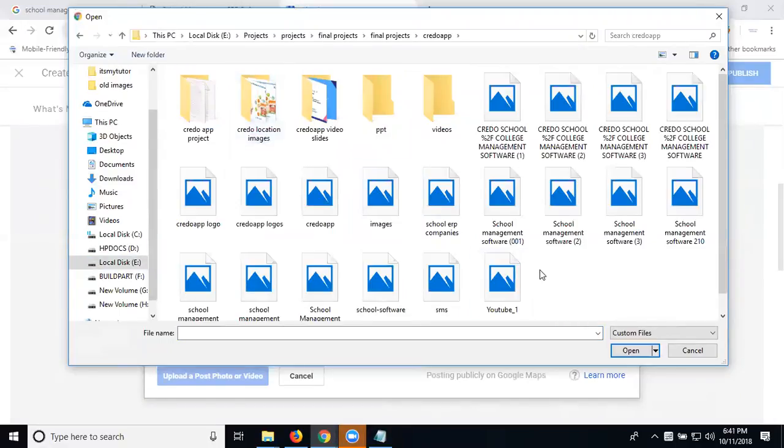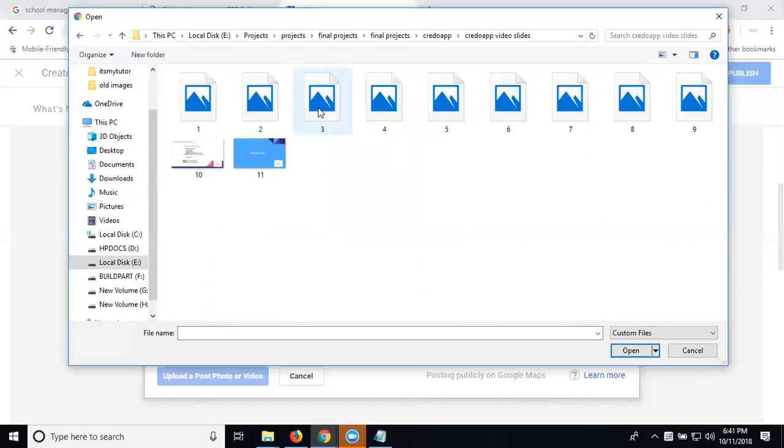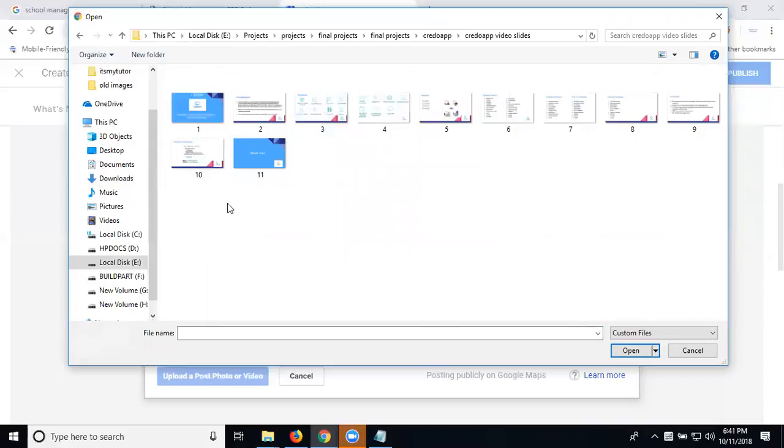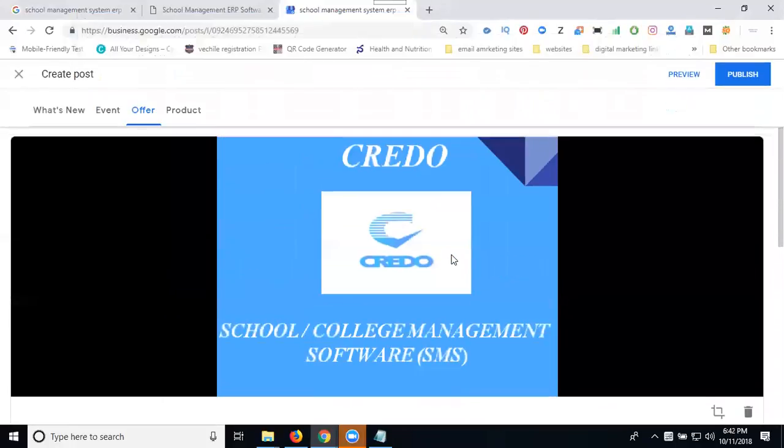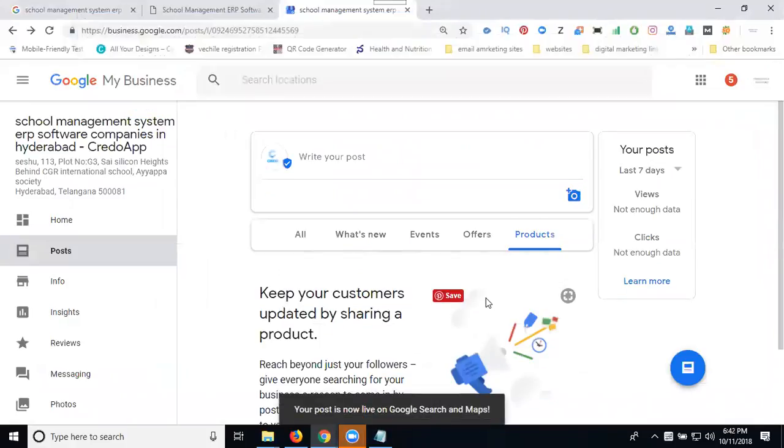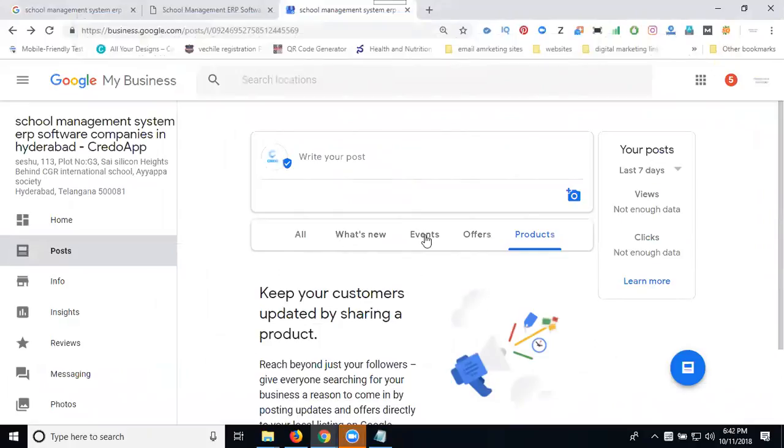Select your relevant image here. Select it. Then click for publish. So your offer. We have multiple services here: your offers, events, and you can promote all your product-related things.